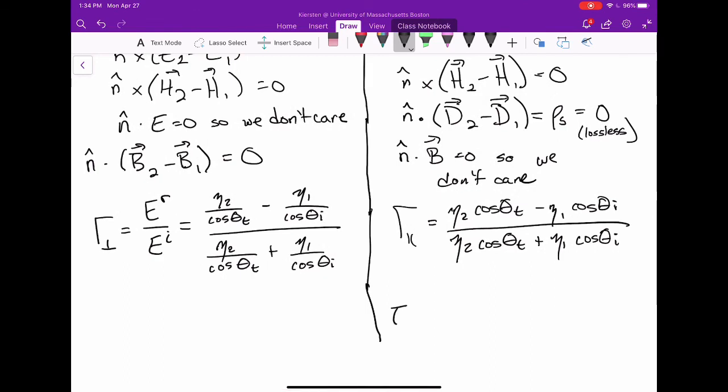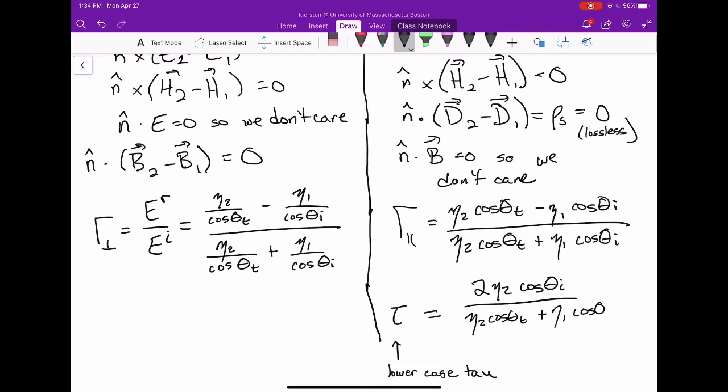So for the parallel polarization transmission coefficient, for which we're using a lowercase tau, we have 2 eta 2 cosine theta i divided by eta 2 cosine theta t plus eta 1 cosine theta i. And then in the perpendicular case,